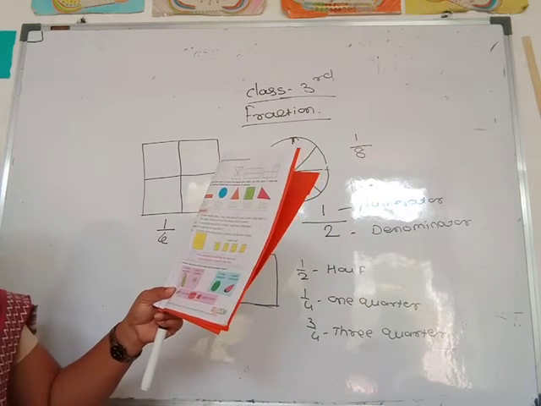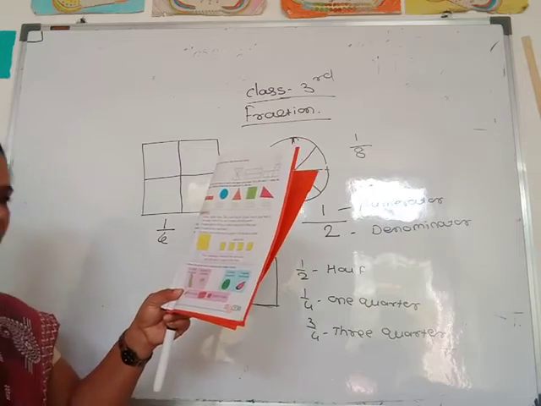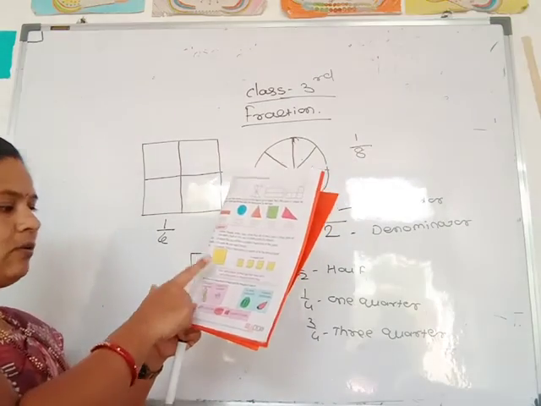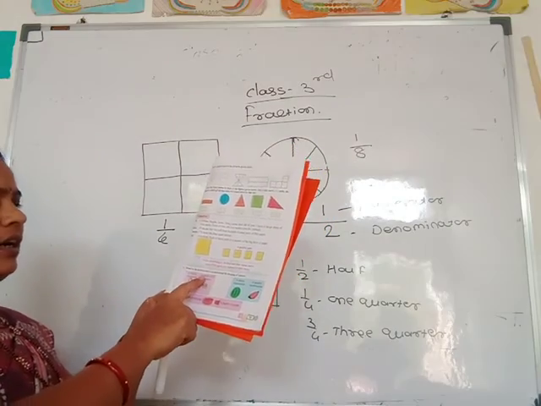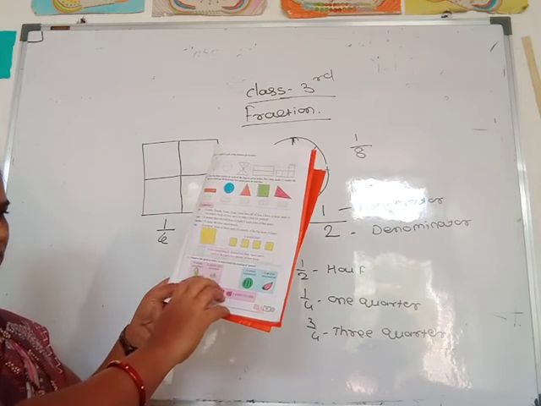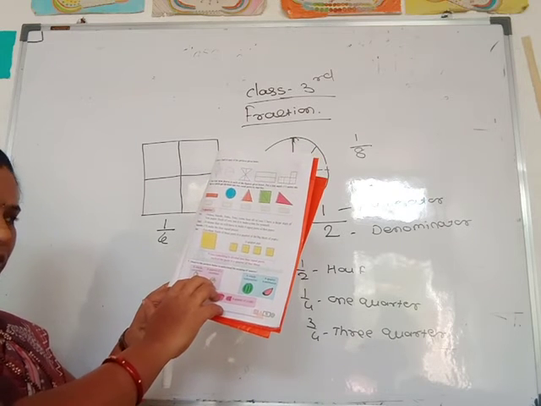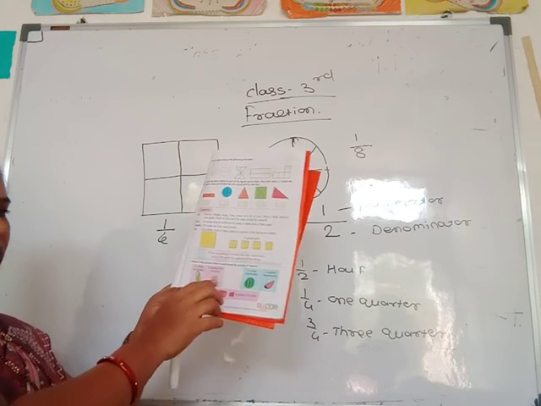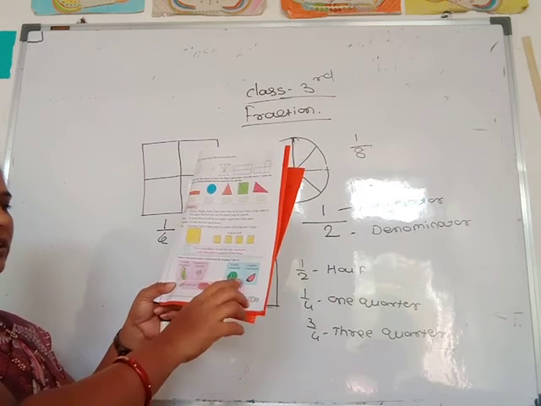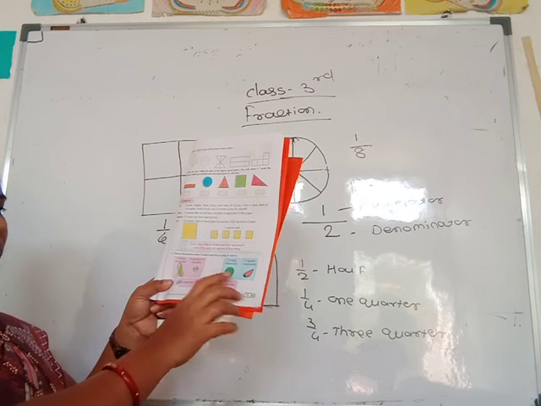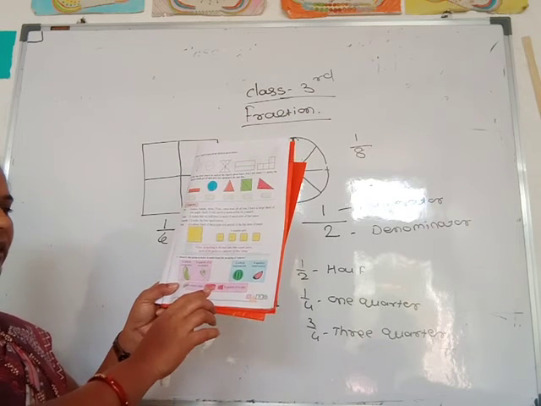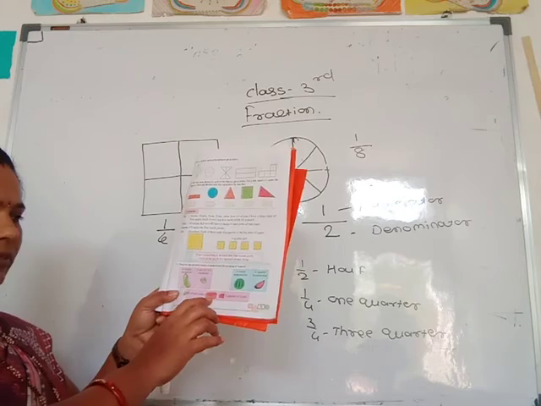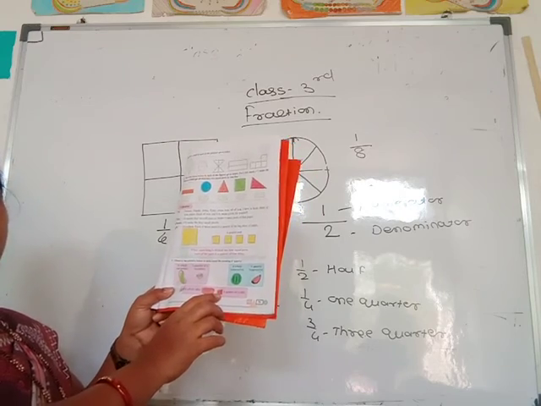Observe the pictures below to understand the meaning of quarter. Here a cucumber, a whole cucumber. This is a quarter of a cucumber. First you divide it into 2 equal parts. Again this half part you divide, means 1 quarter. Again this watermelon, this is also a quarter watermelon. A whole cake is divided into 4 equal parts, and 1 part is a quarter.